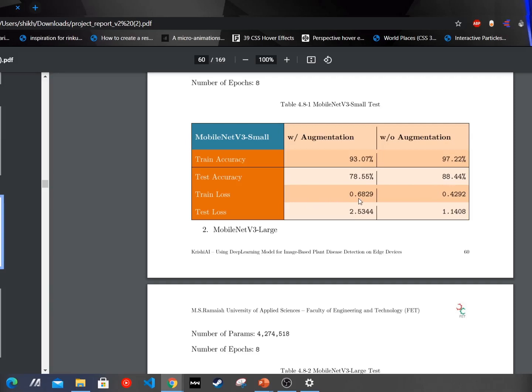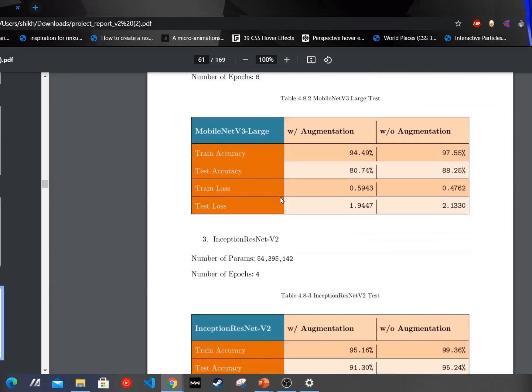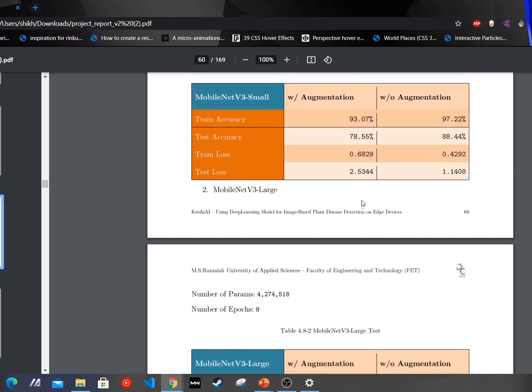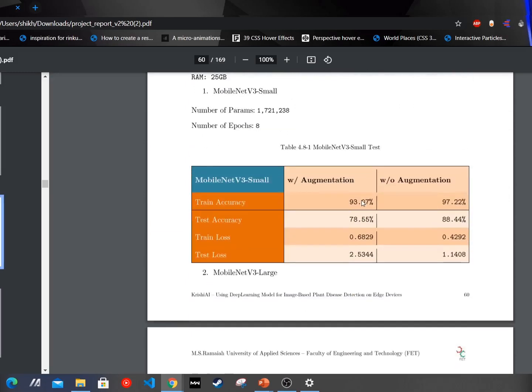The train loss was 0.68 and 0.42, which was quite good. For MobileNet V3 large test, it shows a very good accuracy of 80.74% with augmentation, and without augmentation, it shows 88.25%, which is way better than what we would have achieved by using other models.